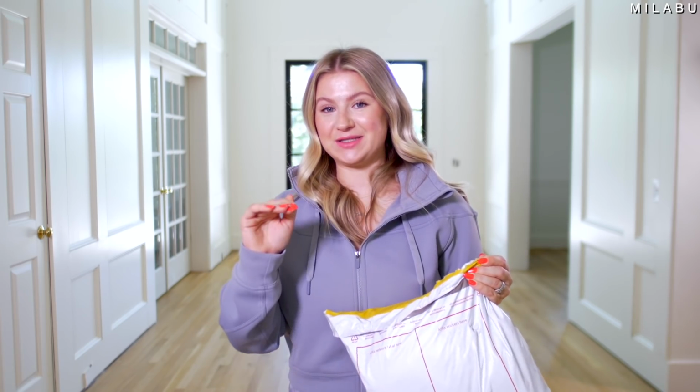Today, it's all about fashion from Australia. I've actually never purchased anything for myself from an Australian boutique. I did see this brand on Instagram from so many influencers slash content creators, so I wanted to try it out for myself. So all of this is by the brand Petal and Pup, and everything was around the price